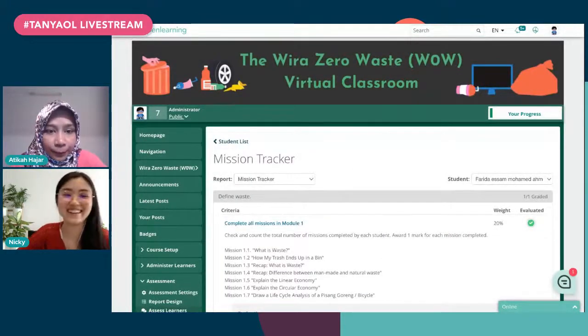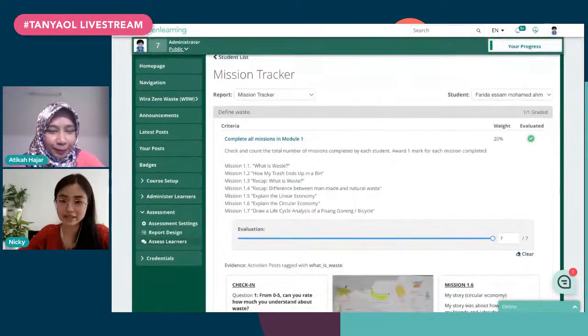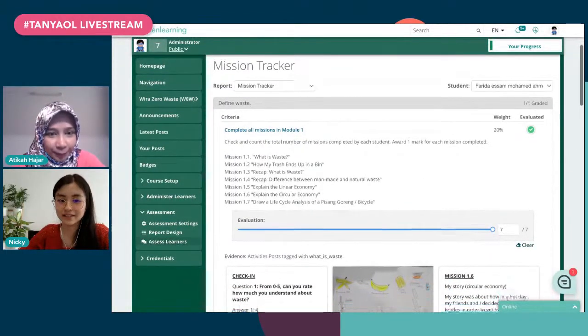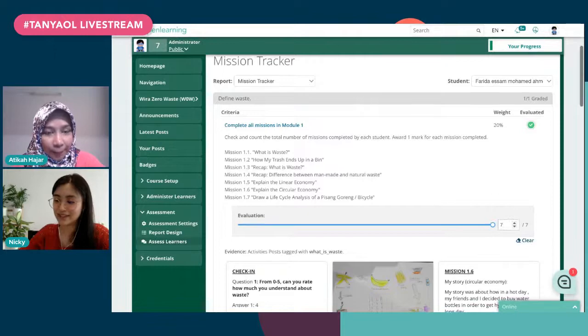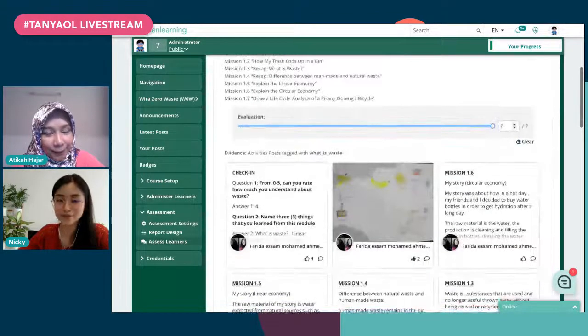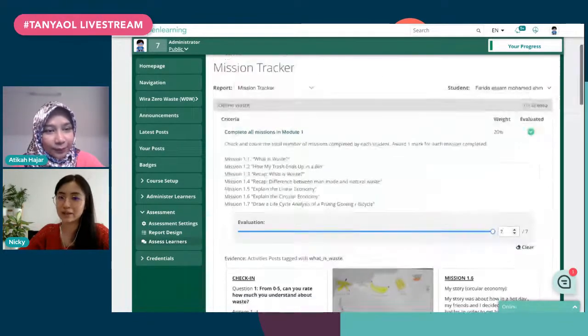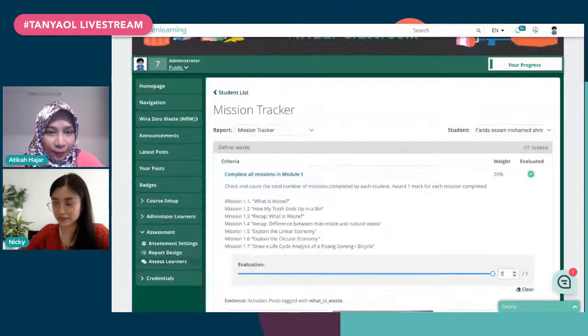Mission tracker. All right. So we wanted people to complete the modules, and then for us to be able to go in and see at a glance what this learner did, and to say, okay, you did a great job. We'll give you 7 out of 7, and we'll give you a badge. So in terms of keeping track of learners' work and marking learners' work, I think that was definitely something that was much easier on OpenLearning.